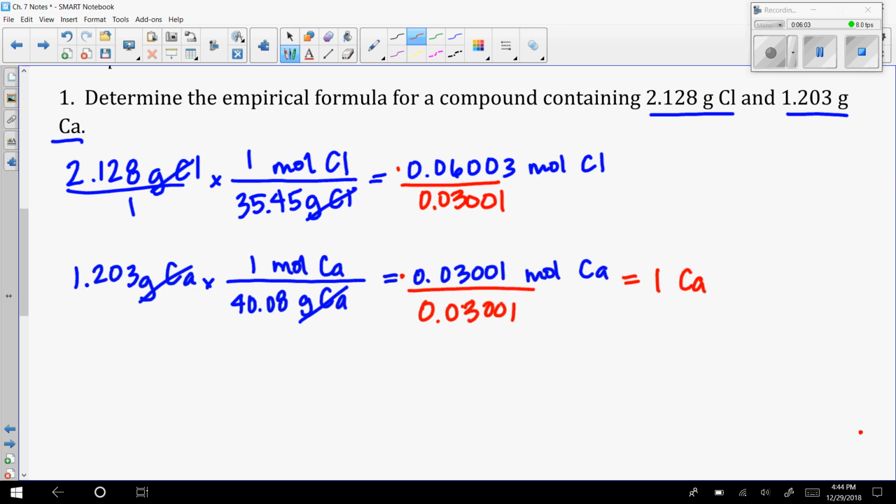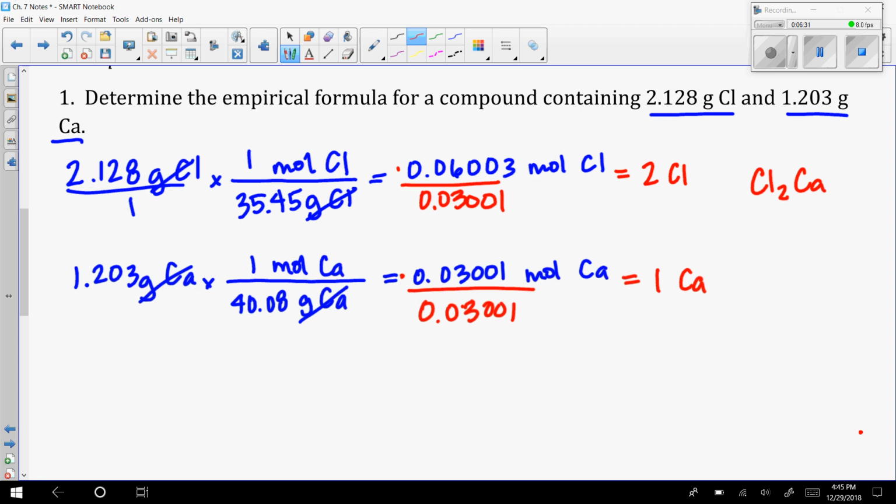And this one you can probably see without even typing in your calculator. It's not going to be perfect. It's not going to be exactly a whole number, but it's going to be very, very close. Like 2.0 something. So this means I have 2 chlorines. And the reason it's going to be very close and not exact every time is just rounding. So this means I have 2 chlorines for every 1 calcium, so